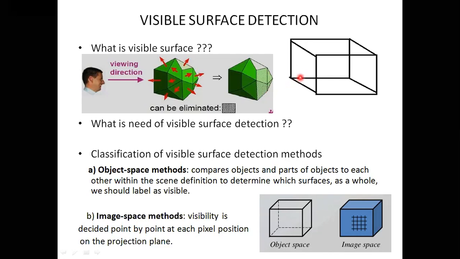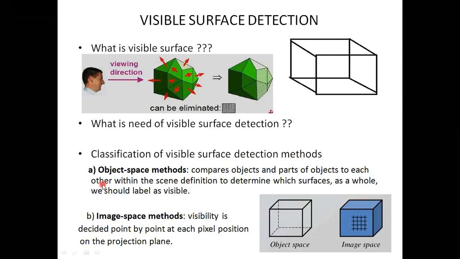Okay, that became a huge research area in computer graphics, determining which is the front face and which is the back face, so that all the back face information can be neglected from rendering to the output, and only the front face information is rendered to the output device. Okay, so here came the different types of classification of visible surface detection methods.